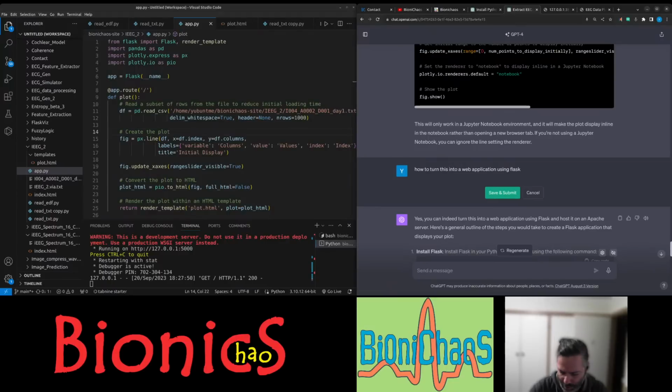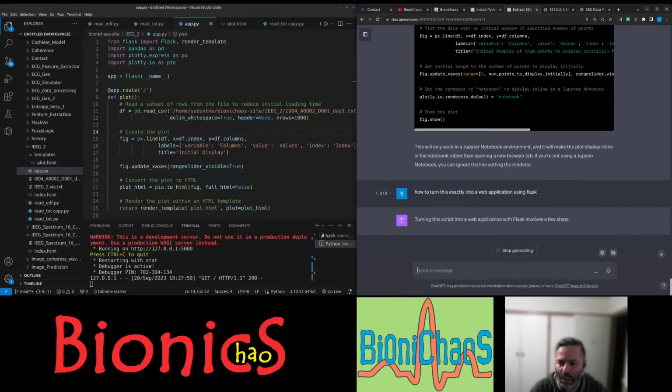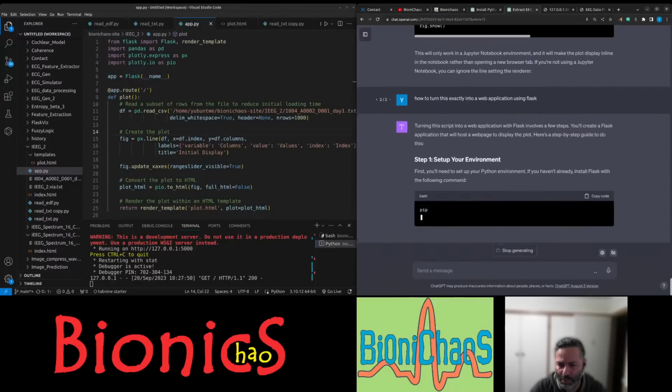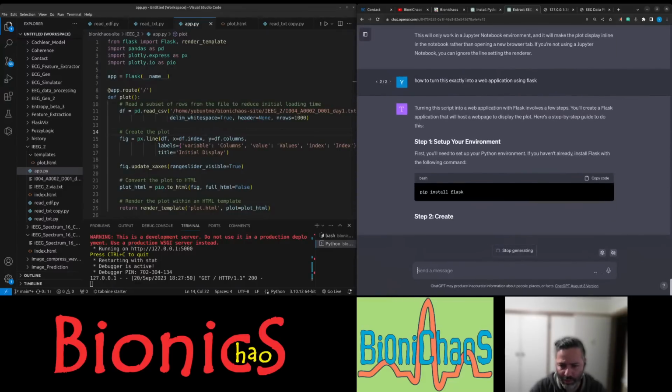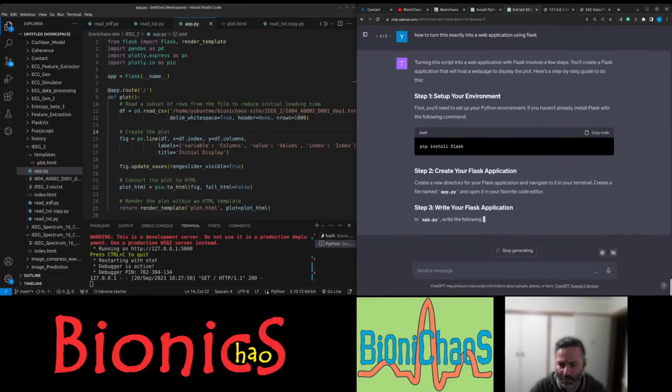We want to turn it exactly to a web application using Flask. Let's do this again. Yes, we have Flask installed already. That's okay. Create a Flask application.